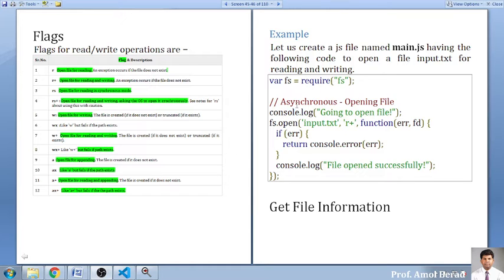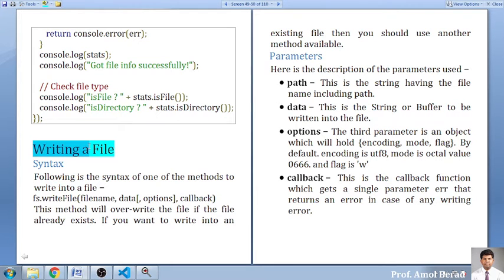And we entered into writing content into the file. We demonstrated how to write into a file, and which parameters are required for the content to be added into your file. We have seen the path, the data, the options, and the callback function. And here we have seen how this is written by using the writeFile function with the first parameter being the text content, and how we read the content, which we saw in the previous session.